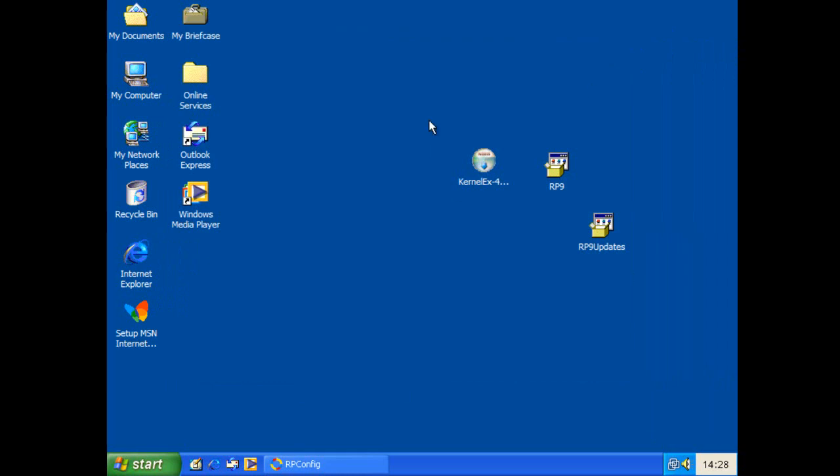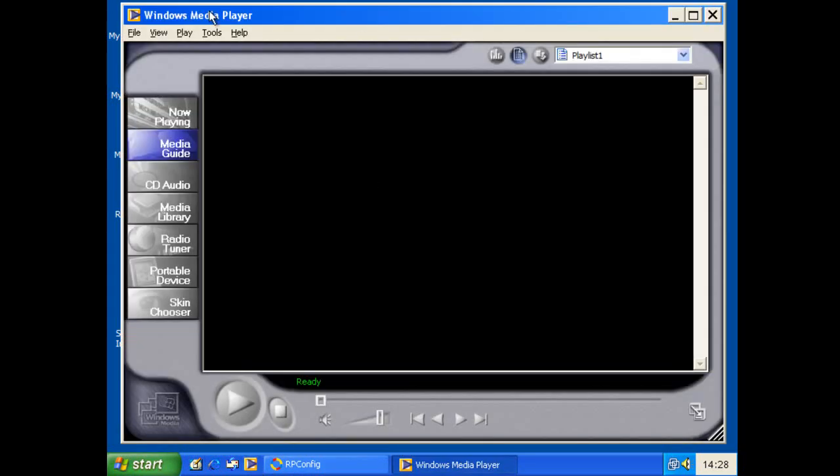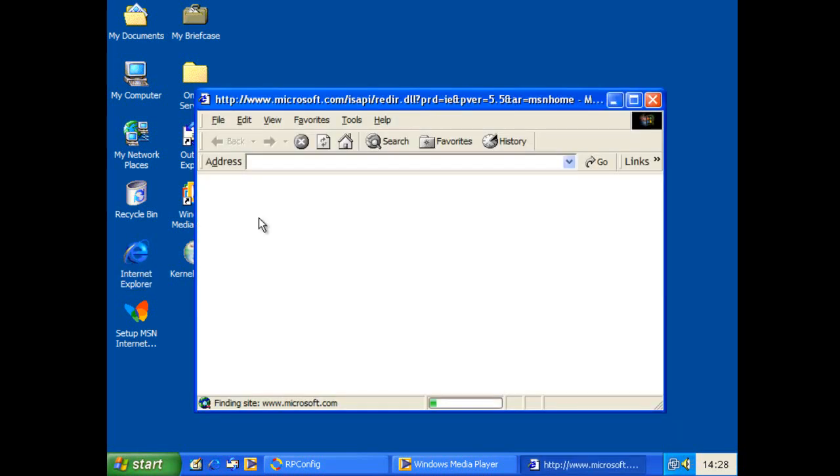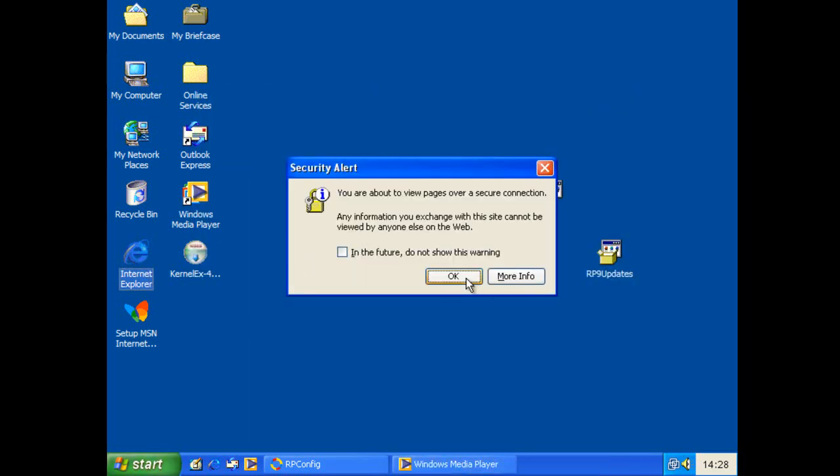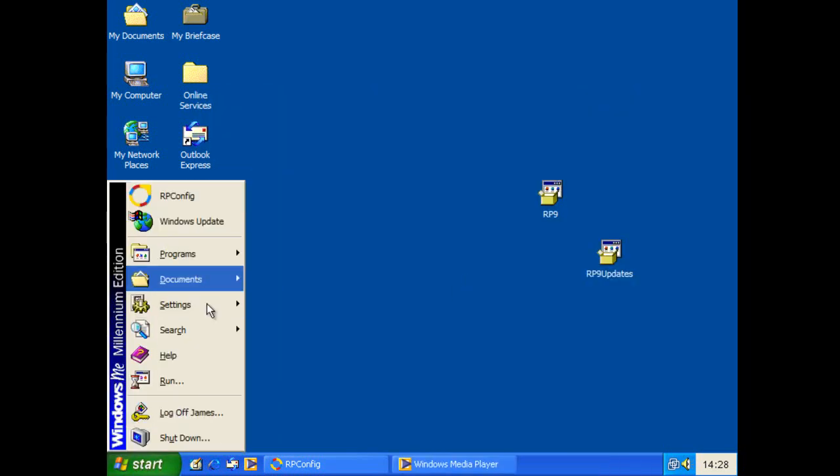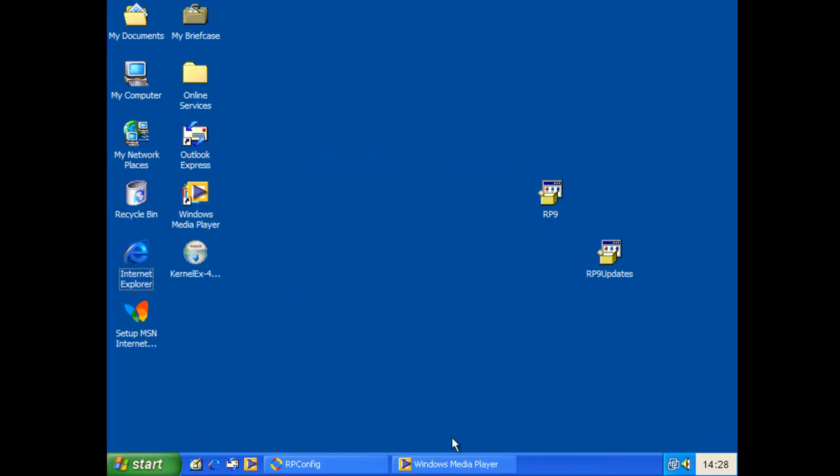Yeah, so what I've done is I've installed a program here called KernelEX. What this should do is allow me to run some newer XP programs on Windows ME. It also works on Windows 98 if you wanted to give that a try. I mean, at the moment, obviously we've still got the old Windows Media Player, the old Internet Explorer, and so on. So what we're going to do is try and get some newer software running on here,